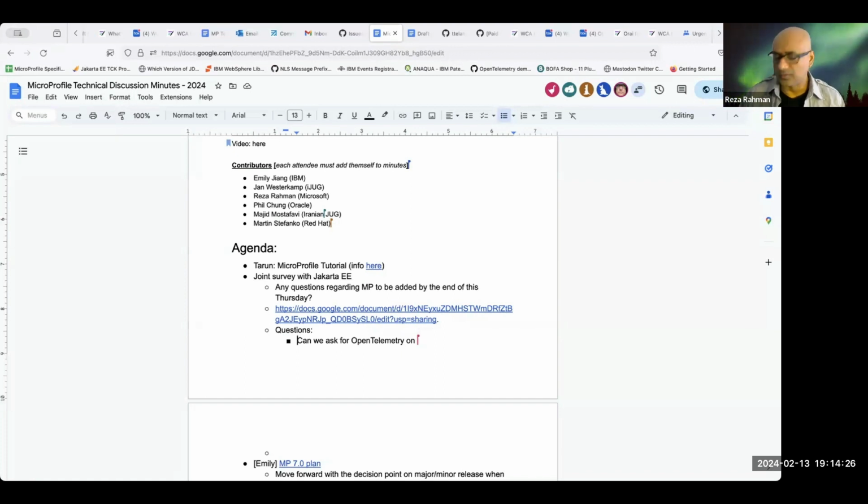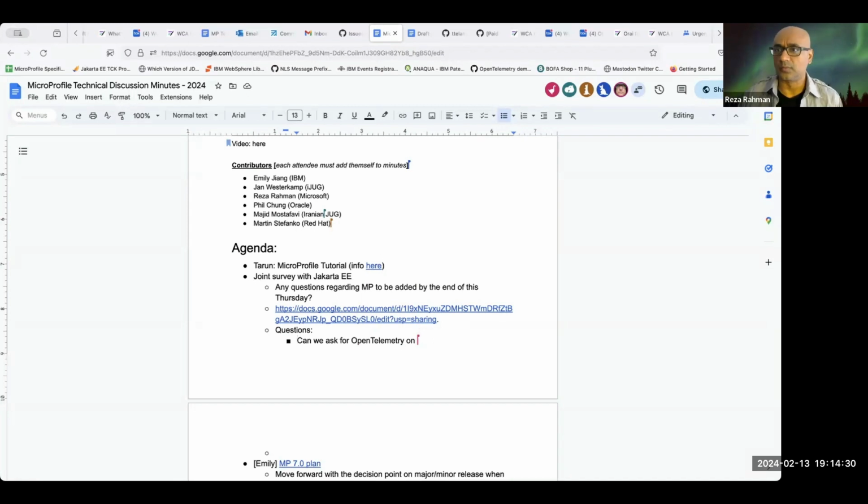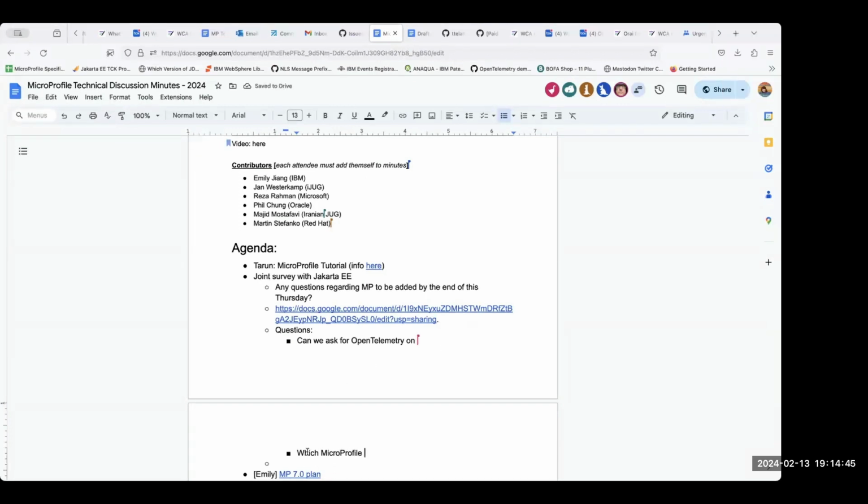Yeah, so I did have that in there, and I think we need to determine what versions of MicroProfile we want to cover. So we can remove some questions that are a little bit redundant, and then in terms of addition, I would say, what versions of MicroProfile are you using? Anything else I think is more appropriate for the technical survey.